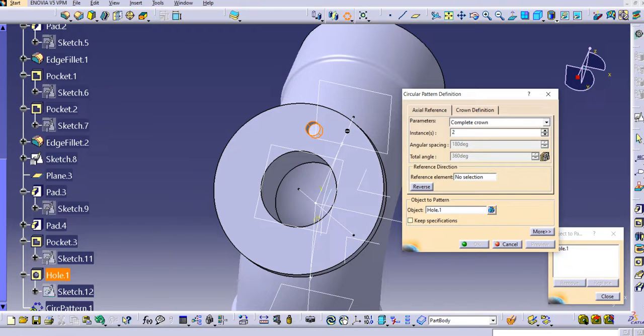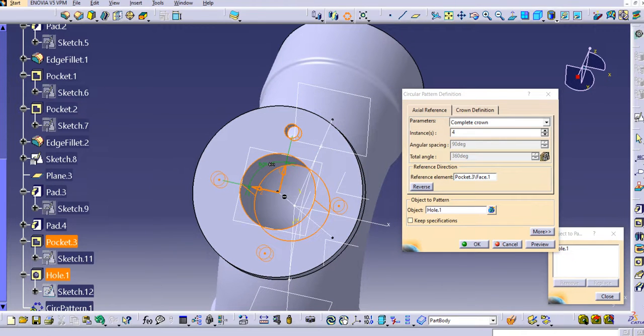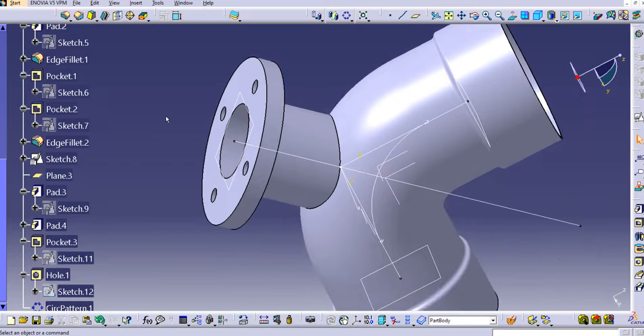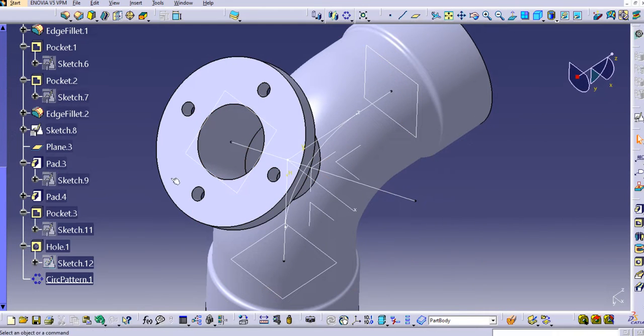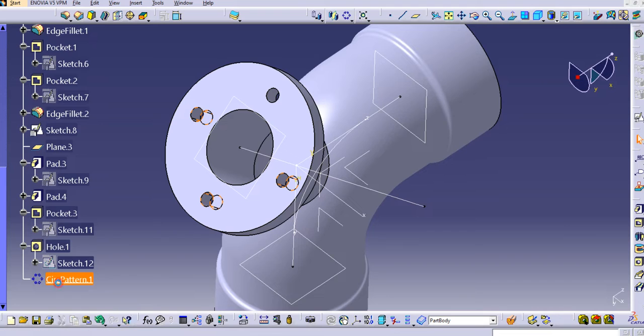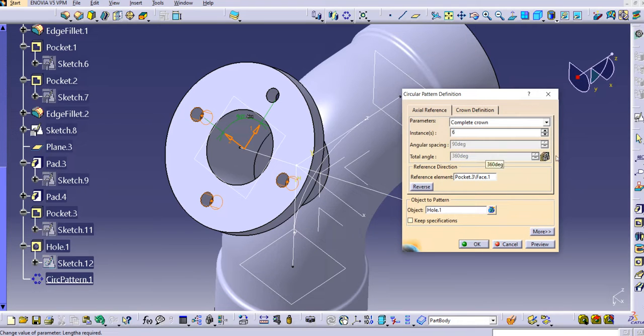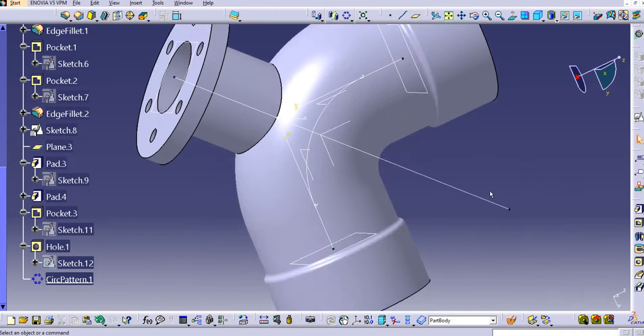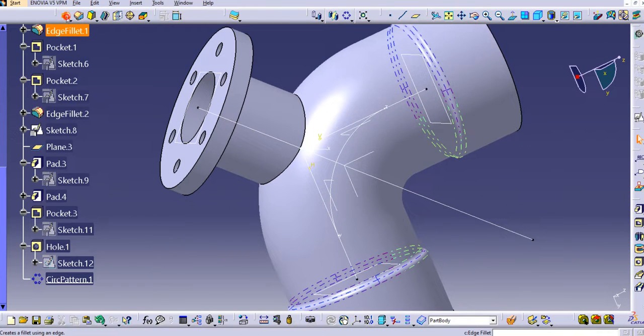I want to create that pattern of holes, so just provide instances as 4, and then for the reference element, you can also provide this diameter, or you can provide this line which we have created. Okay, so let's click on OK. So in this way you can create this. If you want to increase the number of holes here, you can just increase it and click on OK. After that you can just provide the